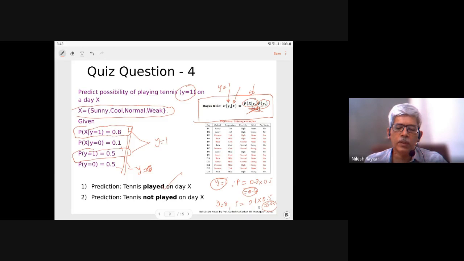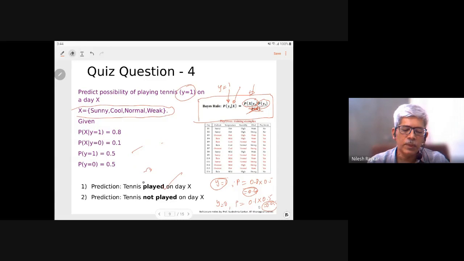Okay, so what we got from this example is that if we know these probabilities, it appears simple, and one can use this model very easily. The catch lies in calculating the term which is shown here. As we have seen, the probability of y equal to 1 can be very well calculated like we did in the second quiz. We know how many yes are there and how many total samples are there. So just take a ratio, and that gives you the value of probability y equal to 1 or y equal to 0. For a binary problem, they will always add to 1.